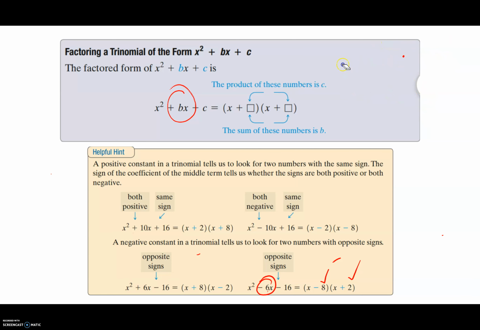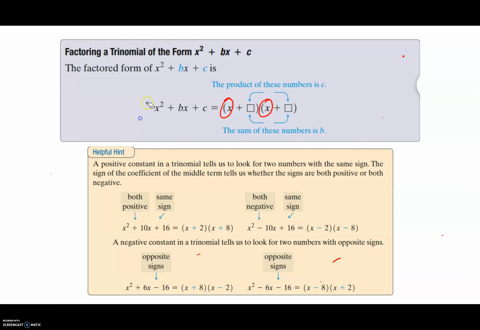Now, where are we going into these new sections? Well, the new material will be that they're just going to make it one step higher. I'm sorry, I can't get that erased. So one step higher, meaning that this part right here, the x squared, they're now going to have a coefficient in front of it, meaning you're going to end up with some kind of problem where you may have 16x squared. So that means we're not going to be able to just set it up with x's there. Now we're going to have to set up